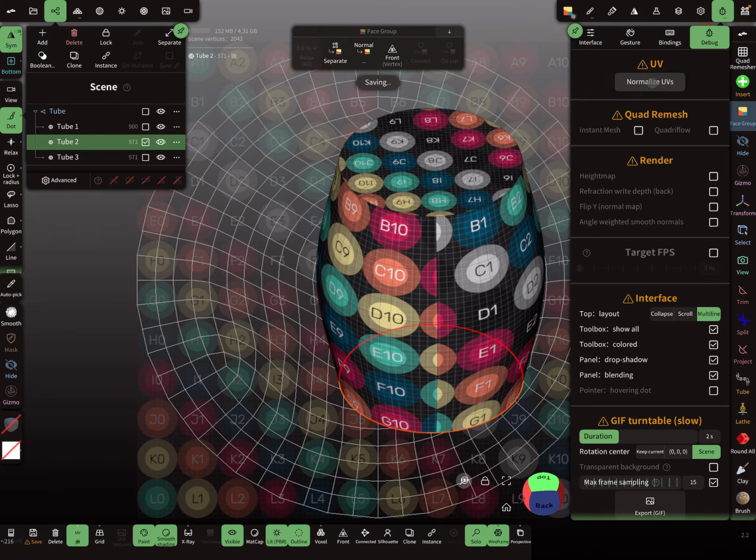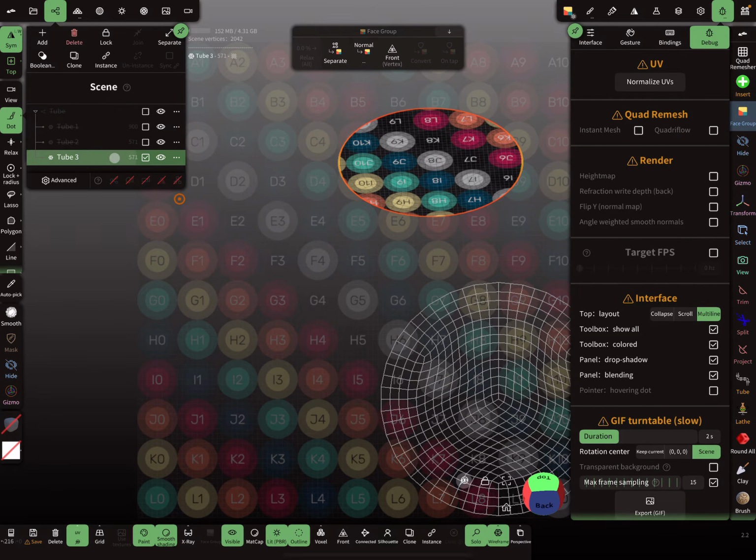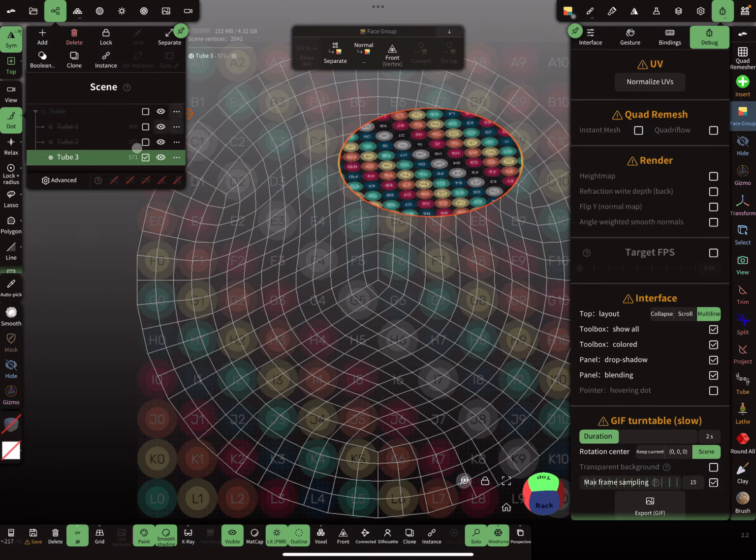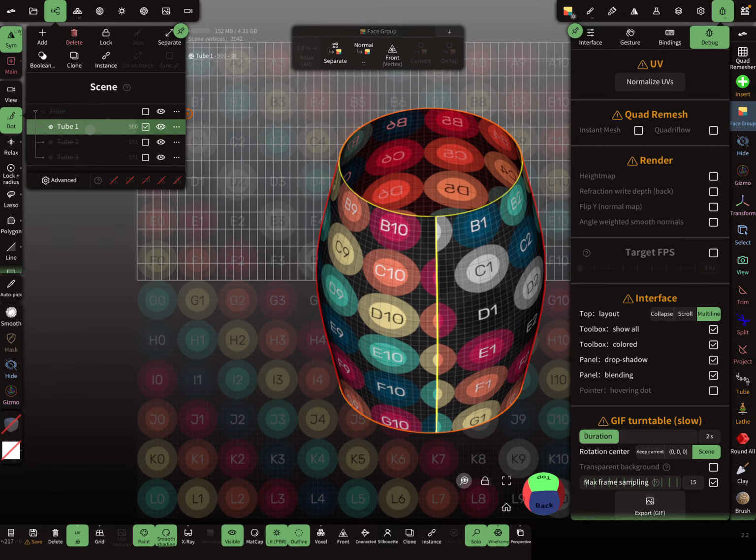So press normalize UV, then it fits here to the whole canvas. And I do this also for this one. And for this one, I don't need it, so I think it's okay when we use the other texture. Okay,